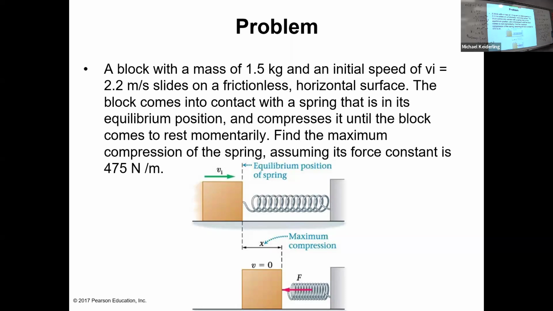And this is the square root of mass over K, which is 475 times the velocity. And this ends up being 0.1